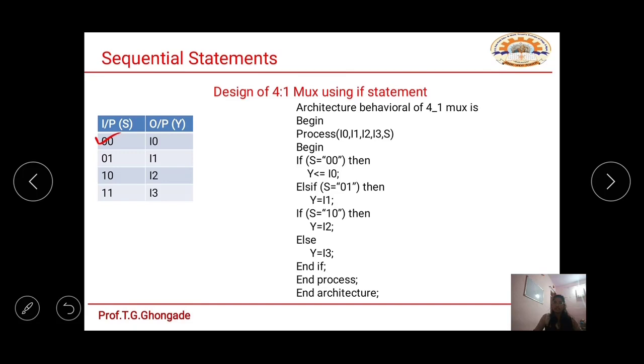So if all these 3 conditions are not satisfied, then we will move on to the else part, that is your output line Y will be connected to input line I3. In this way one can define if statements. Now we will close the loop, that means end if, then we will end process and then end architecture.